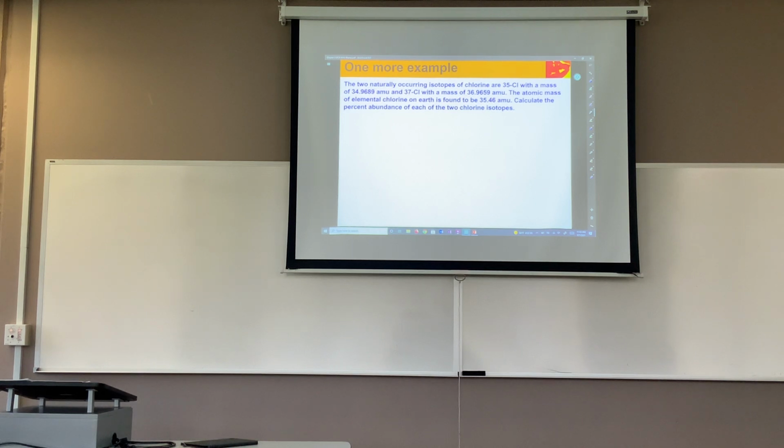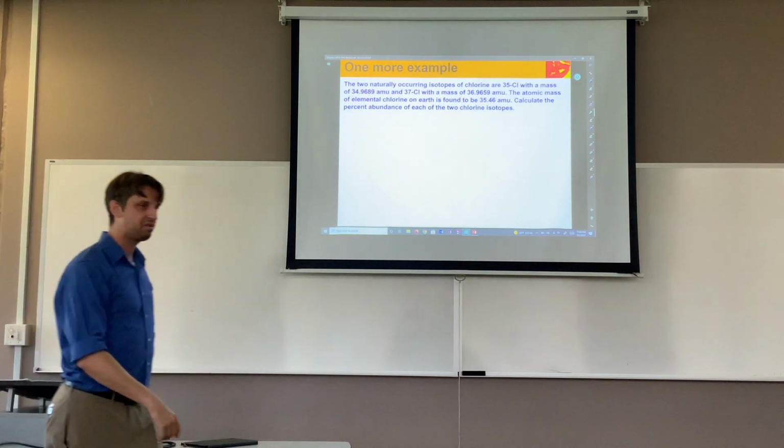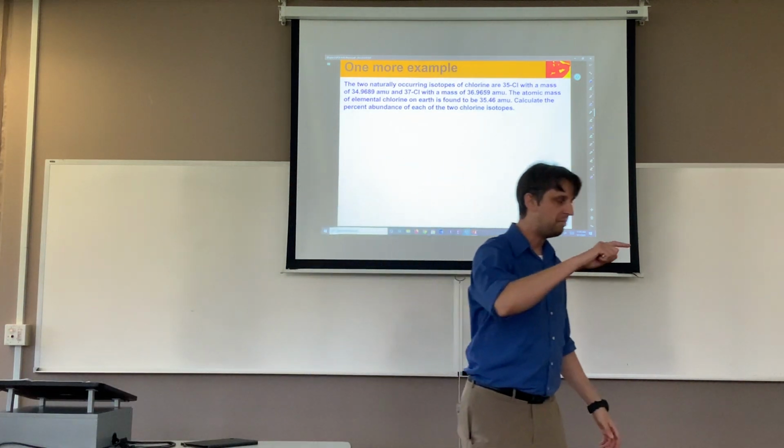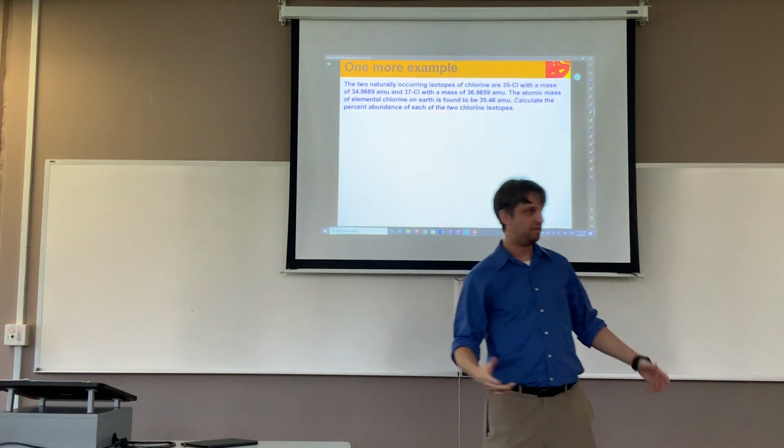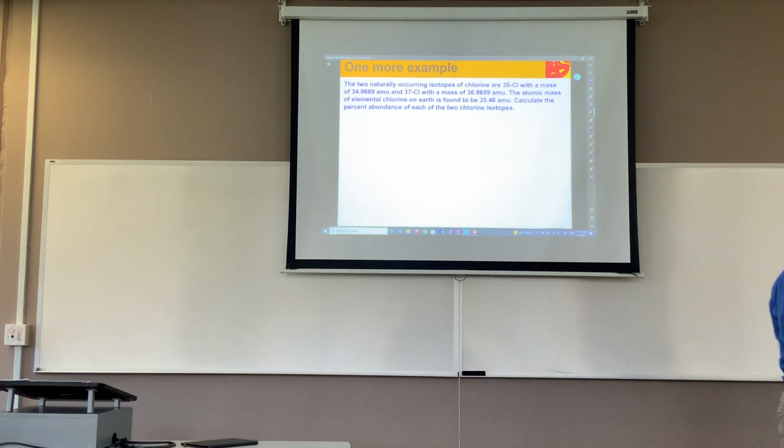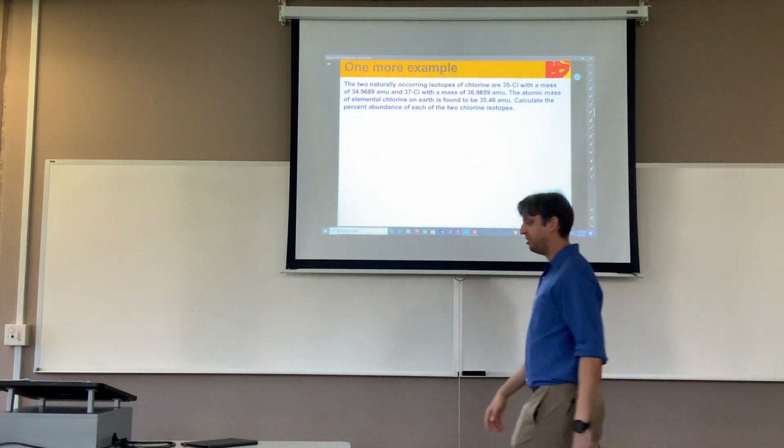Right? Well, they both have to equal 100, so can you write an equation that relates those two together? If you have two variables, you need two equations. What's the problem with this question? What information did I not give you? The percent abundances, right? You guys have the masses. You can look up on the periodic table what it should be equal to, right? But I didn't give you any of the percent abundances.